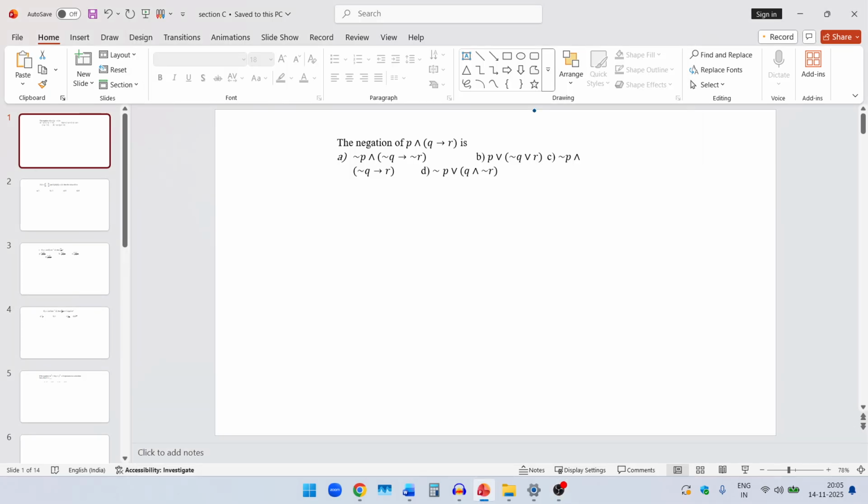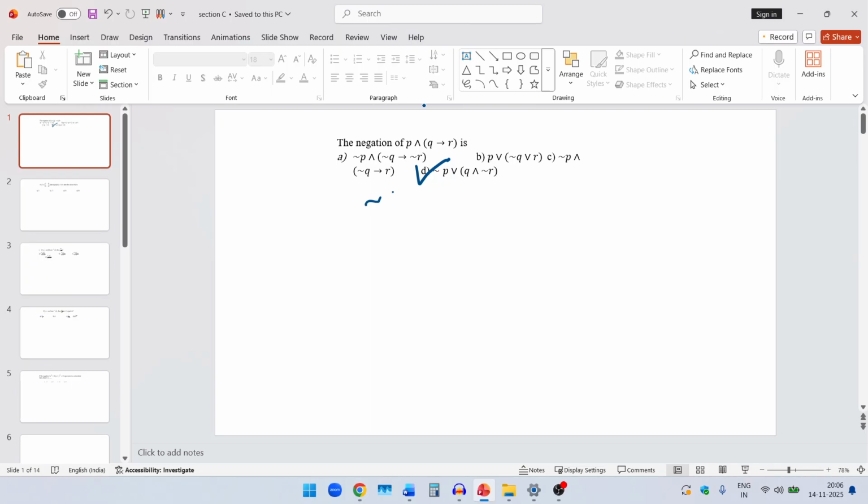So, the first question is this: the negation of P and Q conditional R is, and the answer to this question is D. It is negation P or Q and negation R. This is because